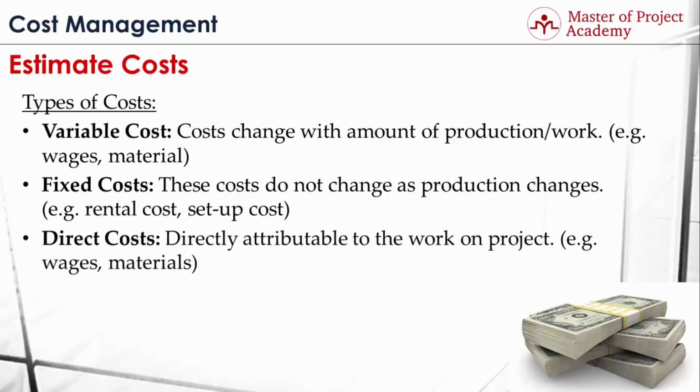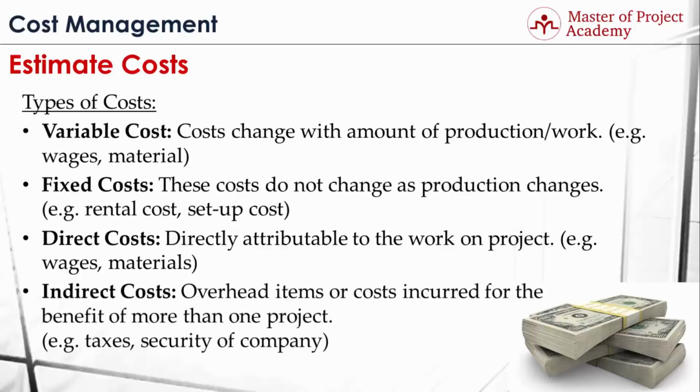direct costs. Direct costs of the project are directly attributable to the work on a project. For instance, wages of the project resources, materials that will be used in the project are direct costs, because these will be input to the project in order to produce project deliverables. The fourth and the last type of cost is